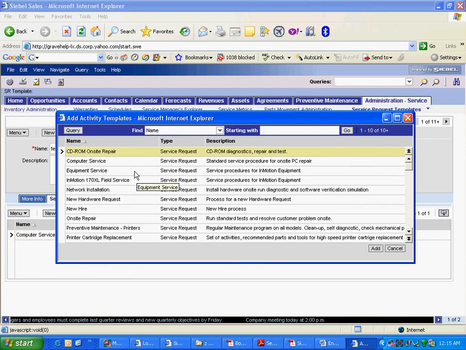So you can pick only activity templates. You have to pick one of the activity templates.